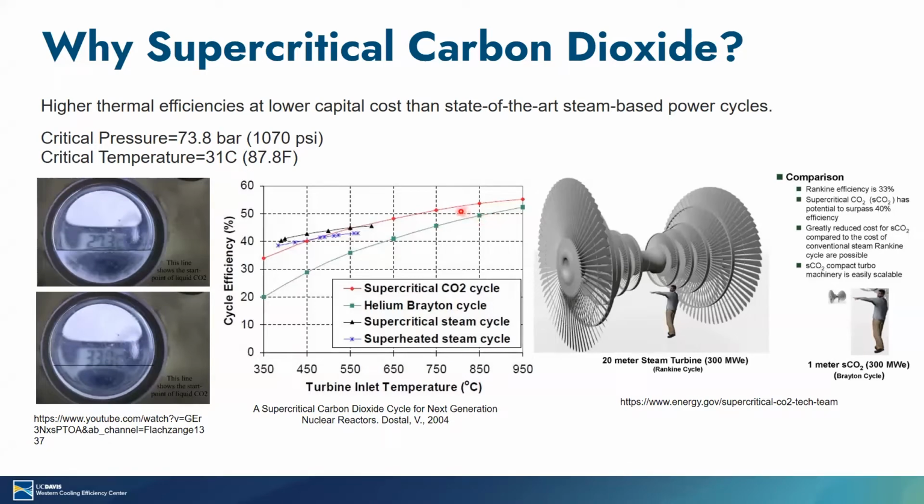possibly catch when we have that cycle working with supercritical CO2. You see that as the temperature goes higher and higher, the cycle efficiency goes higher. So even at around 700 or 720 degrees C, which is about the temperature that CETO is looking into, efficiencies of about 50% can be achieved. The properties of this CO2 also reduce the size of the turbomachinery. The pictures at the right show the comparison for about 300 megawatt. I took this picture from the Department of Energy website,